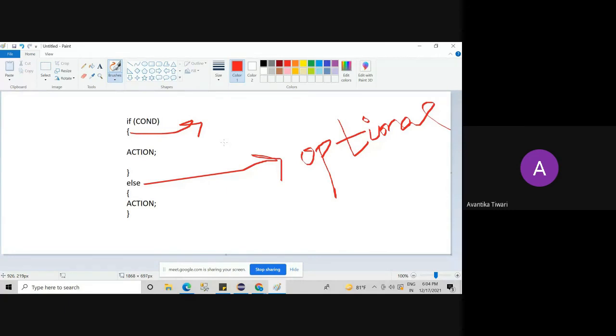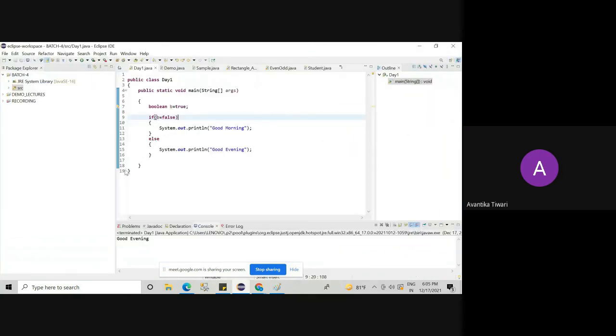And for others, it is mandatory. Okay. So for that single statement, is there any exception? Let's understand by writing some piece of code. Some small programs I will write and you will tell me the answer.